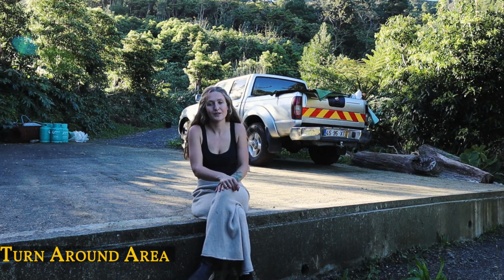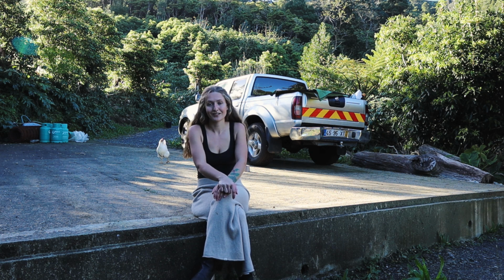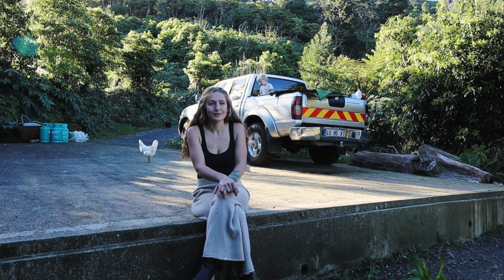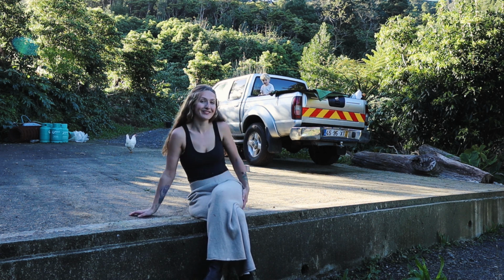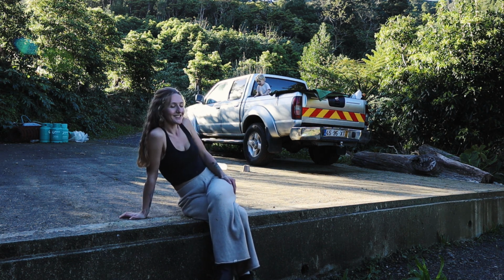This right here is where our road unfortunately ends. We built it last year with the help of a contractor. It's just a big concrete slab that replaced a very, very muddy area. It's helped us immensely in getting road access, but unfortunately our truck that you can see behind me, with my toddler throwing things outside of the truck here,